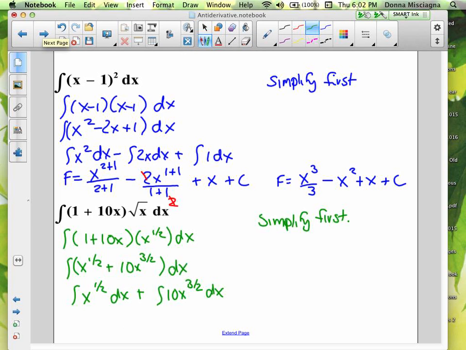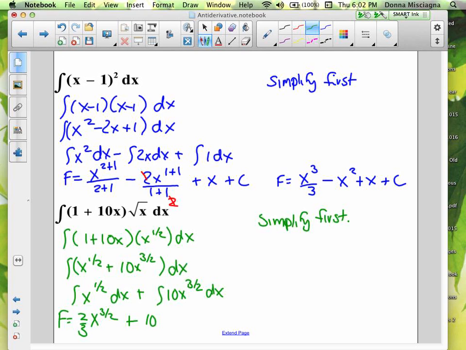If I add 1 to 1/2, I'm going to have 3/2, and dividing by 3/2 is the same as multiplying by 2/3. So the integral of x to the 1/2 is going to give us 2/3 x to the 3/2 plus